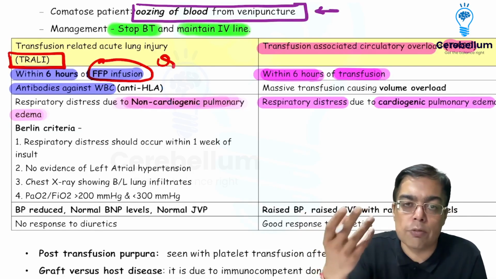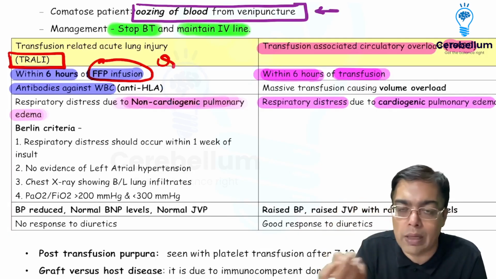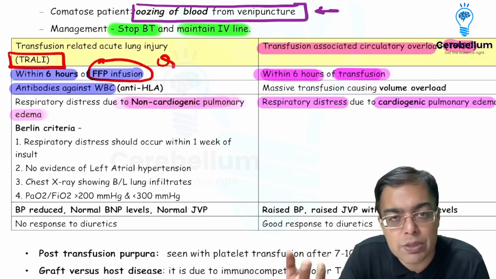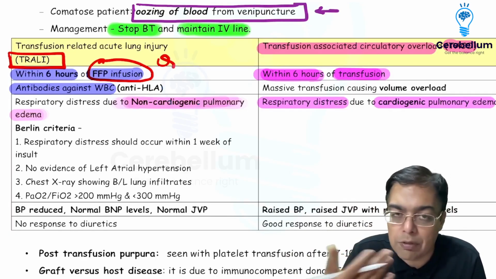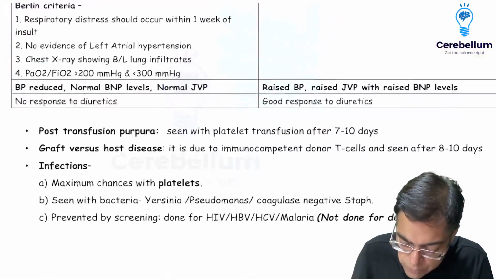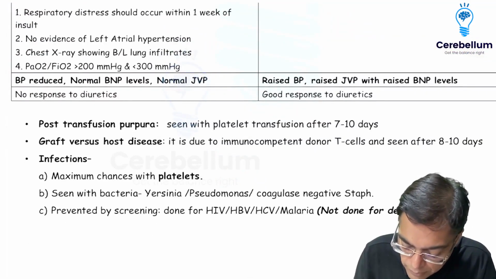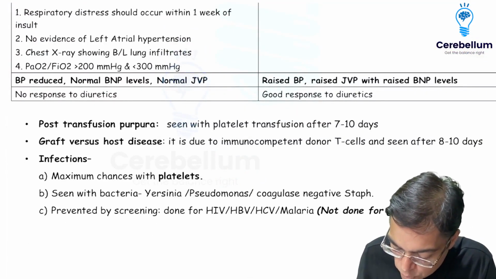Because TACO is because of fluid overload. So if I take out the fluid, by giving drugs like diuretics, patient is going to be having a very good response. TRALI on the other hand is in a bad condition. Even if you give diuretics, it is not going to be responding. That's obvious. Then we need to be familiar with the concept of